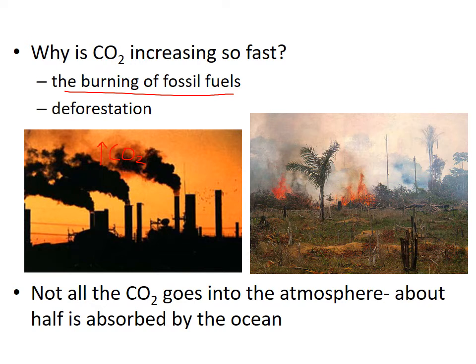And deforestation also increases the concentration of carbon dioxide in the atmosphere, because forests have a lot of carbon stored in the plants and the soil, and when we cut down the forests and burn the forests, that carbon, through decomposition and burning, ends up turning into carbon dioxide in the atmosphere. The carbon dioxide in the atmosphere doesn't all stay in the atmosphere. Some of it ends up going into the ocean, and that affects ocean chemistry in interesting ways that we'll talk